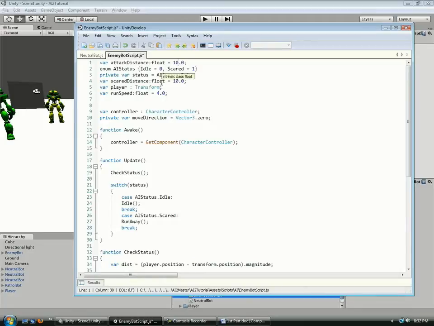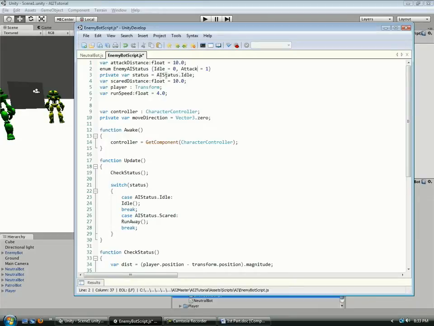That'll make it a little bit more realistic. And we're going to call our enemy AI status, and we actually want to attack, not be scared, so replace that scared to be attack,